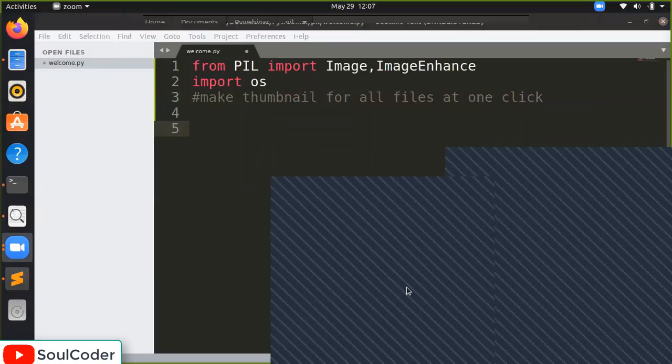So the third one, enhance fun. Okay, Aisha, the third one, enhance, is the thing I have told you, and fun is nothing but function. By the word fun, I mean these are the functions.